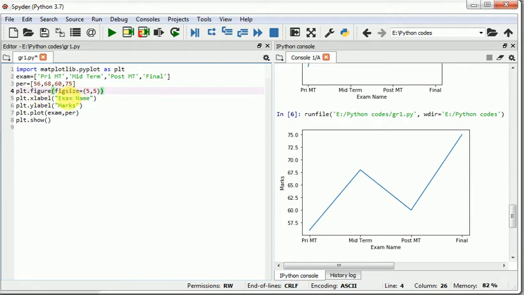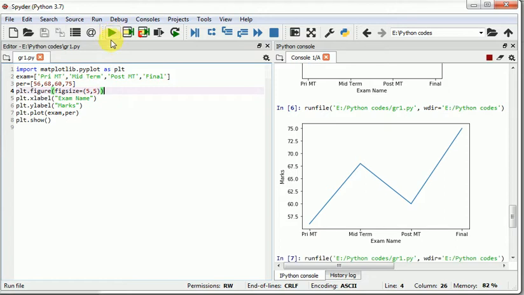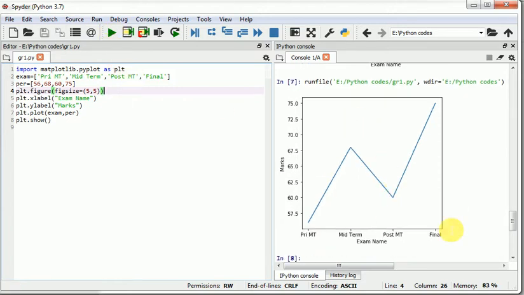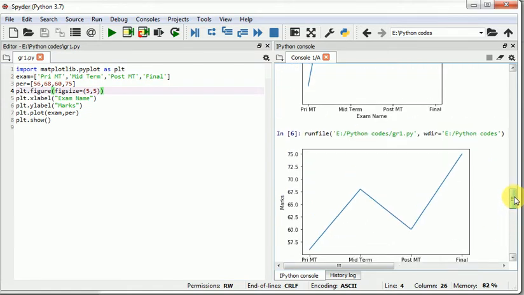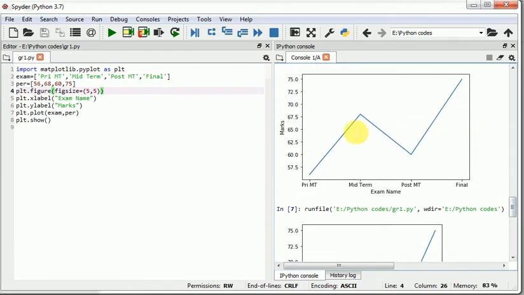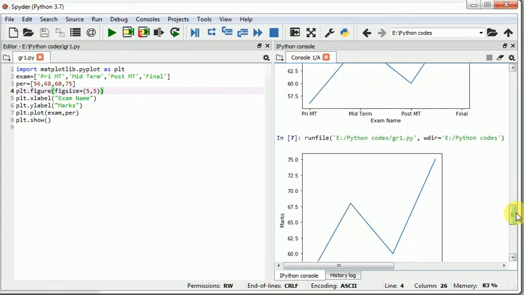Inside the brackets give figsize, whatever you want, x and y. I am giving 5, so check the difference. That's displayed here and that was the previous output. So it reduced the width.